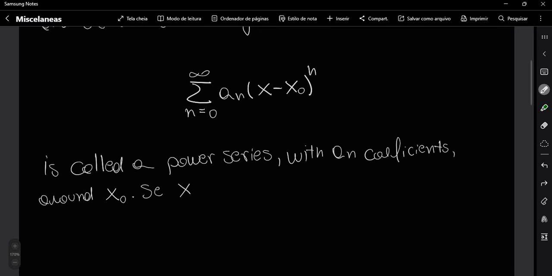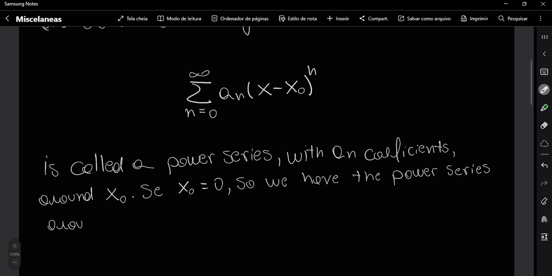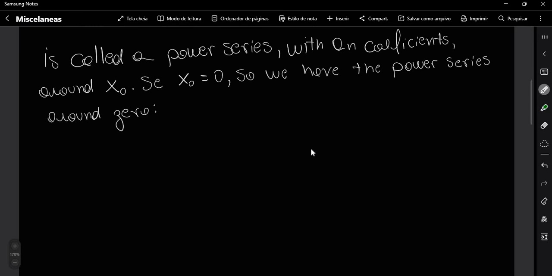If x0 is equal to 0, so we have the power series around 0 as following: